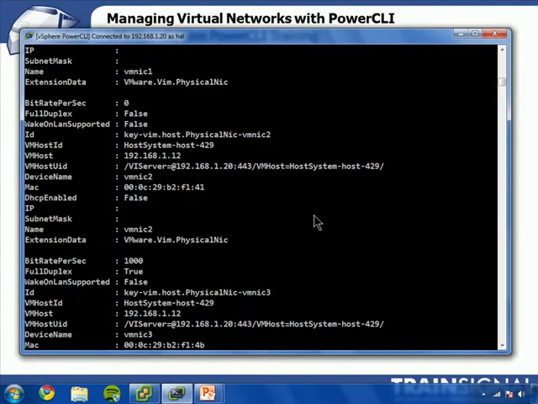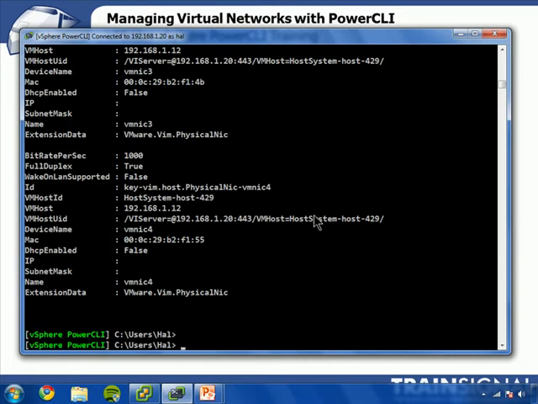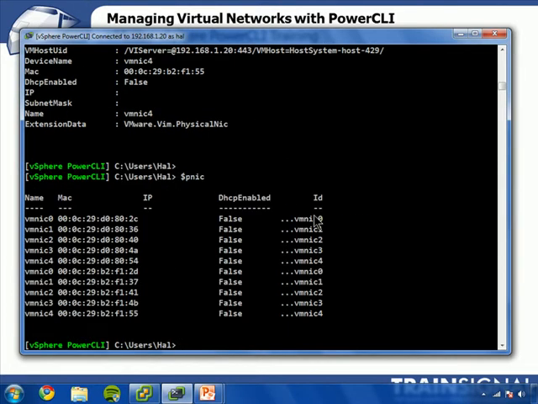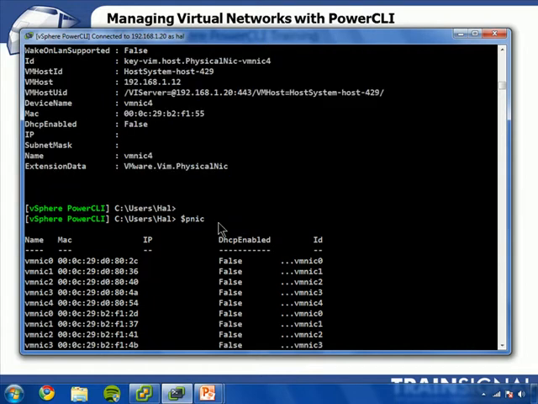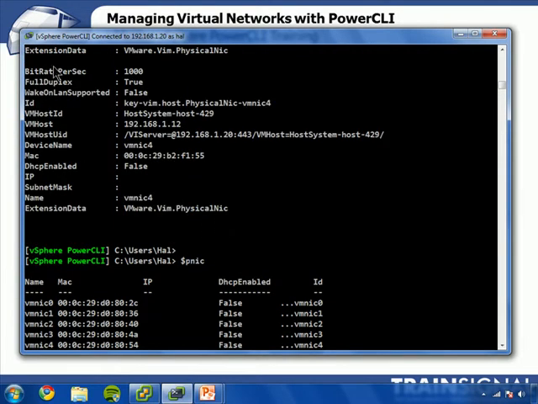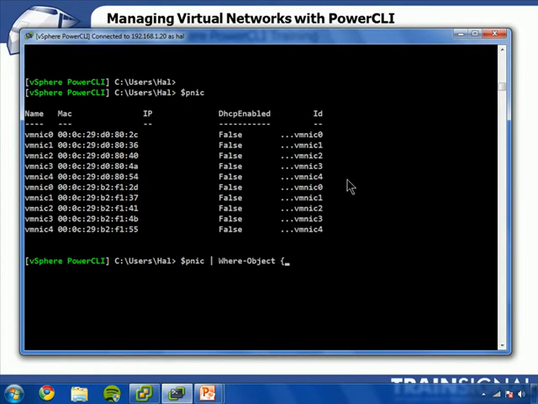We're going to use a commandlet called Where-Object. So I've got my PNIC all set up. Let's pass this to Where-Object. The Where-Object commandlet is a filter. So what you can do is specify something inside of a couple of curly braces, and you can basically determine whether or not you want things to pass through this filter and move on in the PowerShell pipeline. What we're going to do is access the bitrate per second property and basically say